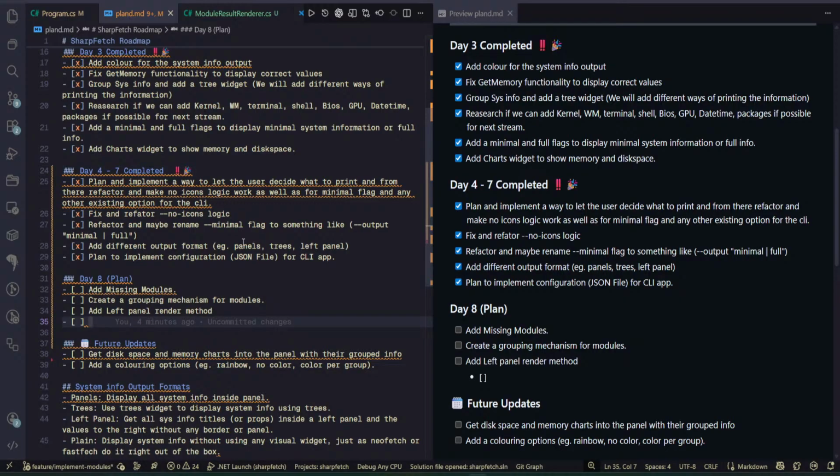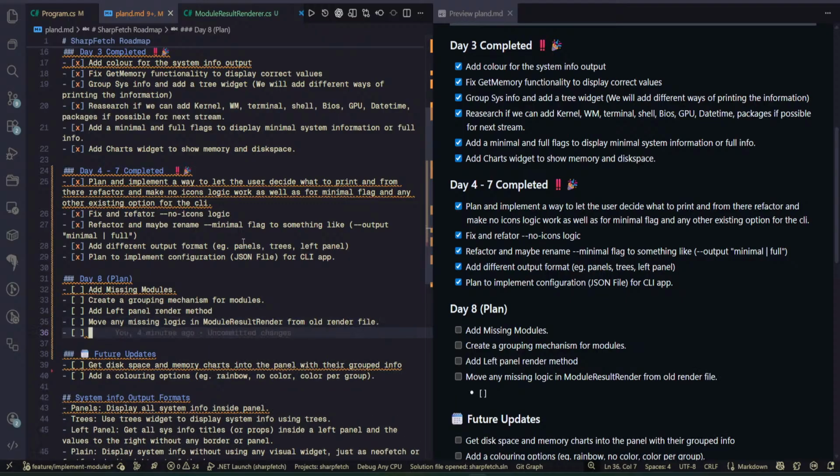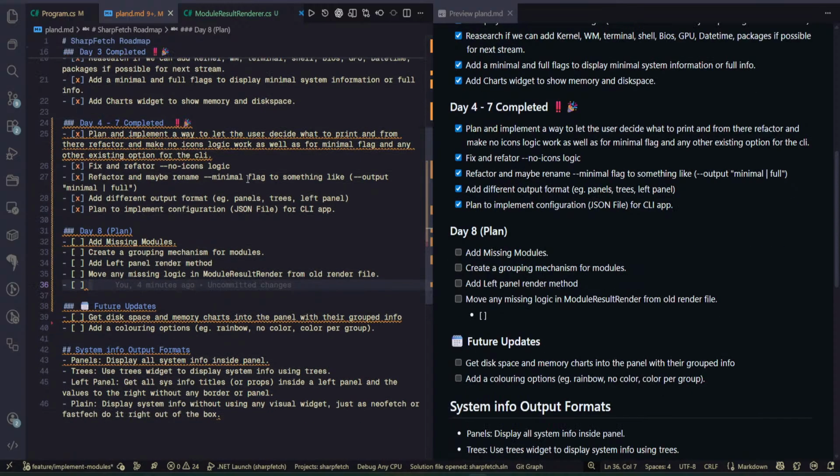Also, I think move any missing logic in module result render from the old render file. What else can we do on day 8? Add the missing modules, create a grouping mechanism, left panel render method, any missing logic from the old render file,